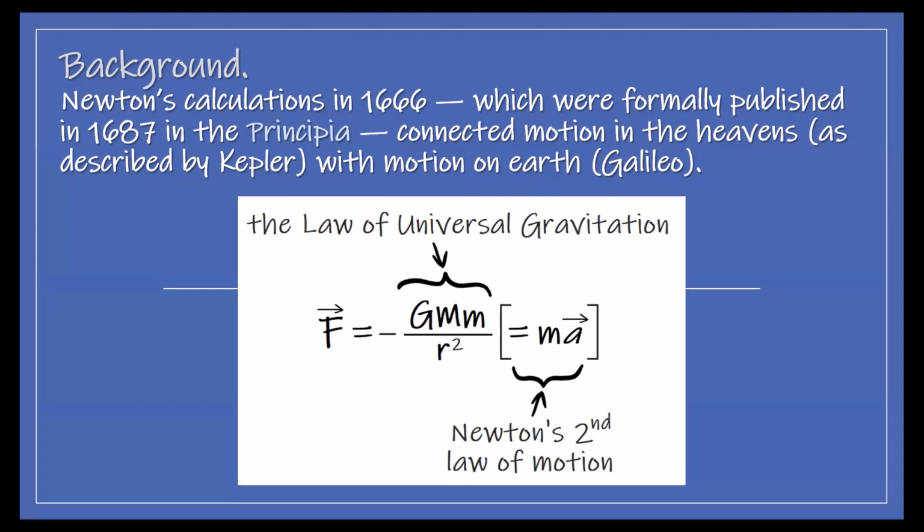The second one is that planets sweep out equal areas in equal times. In other words, when they move close to the sun, they move fast. When they move far away, they move much more slowly. And the third one, which is the most curious one, was the square of the period is proportional to the cube of the semi-major axis. In other words, if your radius is the semi-major axis, you cube that, and that's proportional to the square of